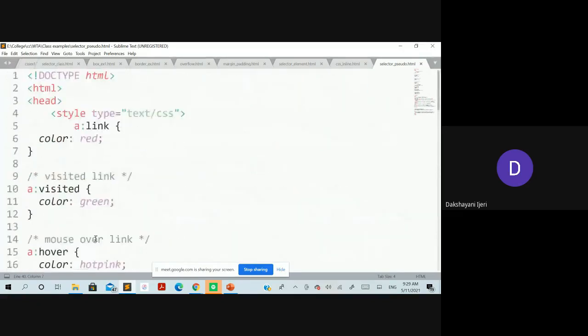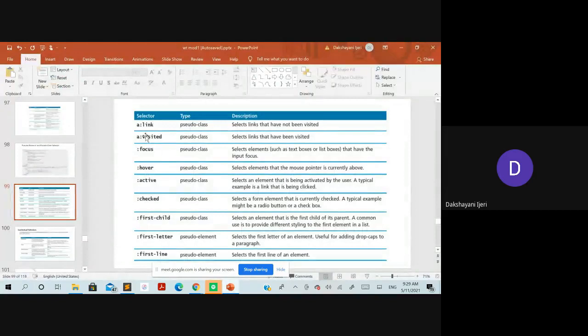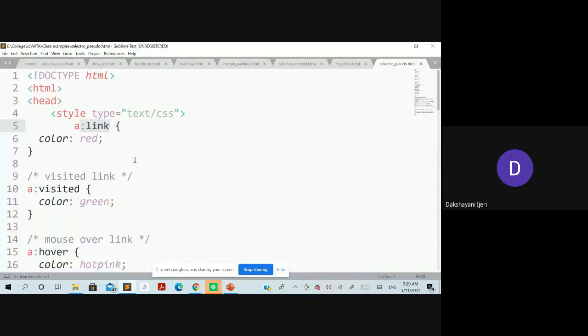Okay. So you can see here the style has been defined for the anchor element, and the type of selector that has been used here is a pseudo selector, which is colon link. Suppose you remember for what purpose it is used: it selects the links that have not been visited, right? So at least you should know these things while using these selectors. You should know for what purpose each of these selectors is used. Based upon that only, you will be able to define the styles for the purpose you wish.